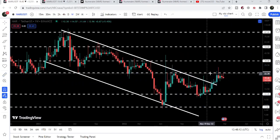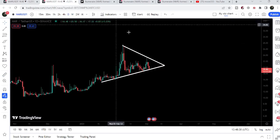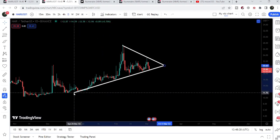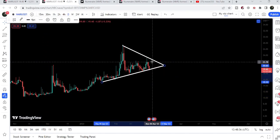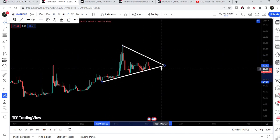Now, here you can see that it is struggling to break out the next resistance that we have at $23. At the same time, during this price accumulation on the smaller time frame, on the daily time frame, we have the formation of this symmetrical triangle. We have a big critical situation over here, even though the price line is following a quite long-term uptrend line support. But you can see we are testing the support more than the resistance of this triangle that has been formed recently. We have 3 touch points at the resistance and several touch points at the support. Therefore, there is a critical situation and a danger that the price line may break down the support of the